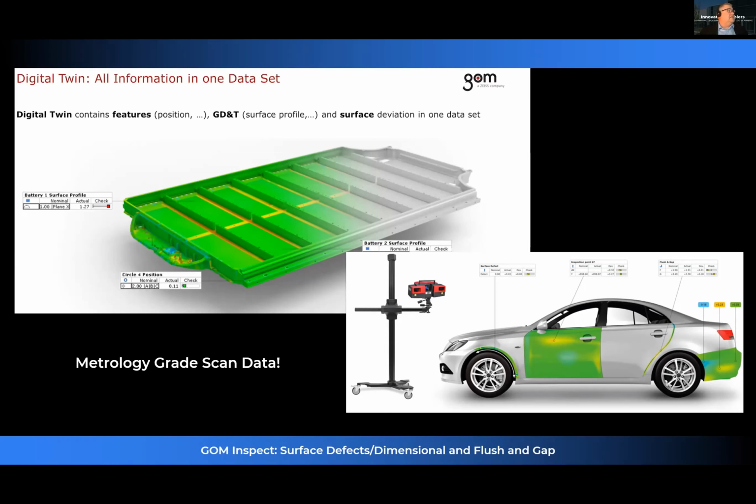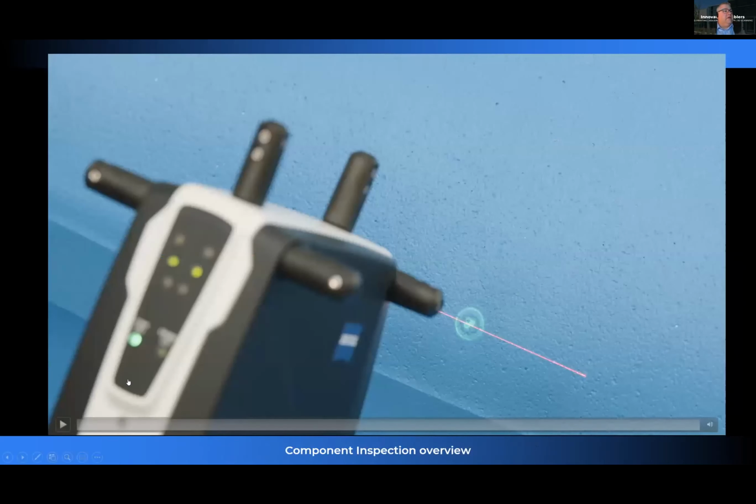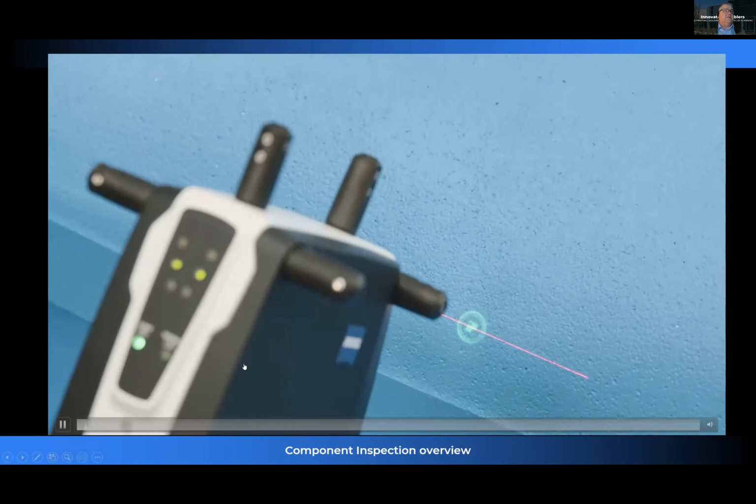You've got to have a scanning system that produces high quality points that allow you to do this once. You don't want to keep measuring and measuring or trying to figure out where your measurement uncertainty is. So I'll just give you a quick video. This is a very relatively new product where